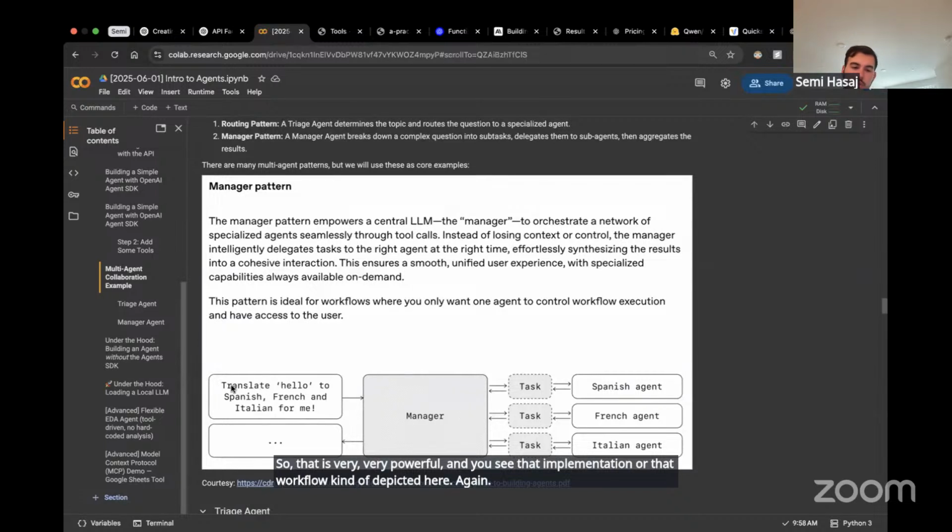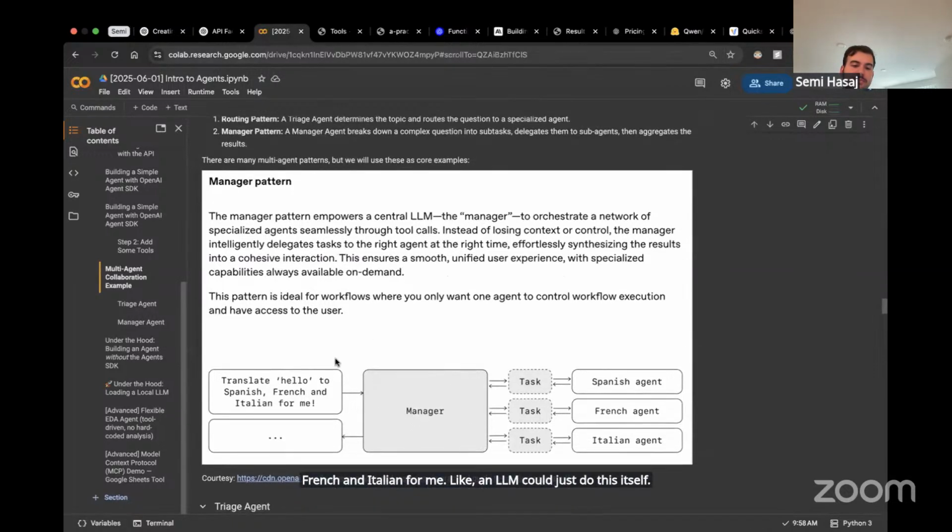Again, a bit of a more trivial example: translate hello to Spanish, French, and Italian for me. An LLM could just do this itself. But one example could be, hey, here's a link to a Jira ticket describing some issue. Please create the pull request to solve this issue in code.